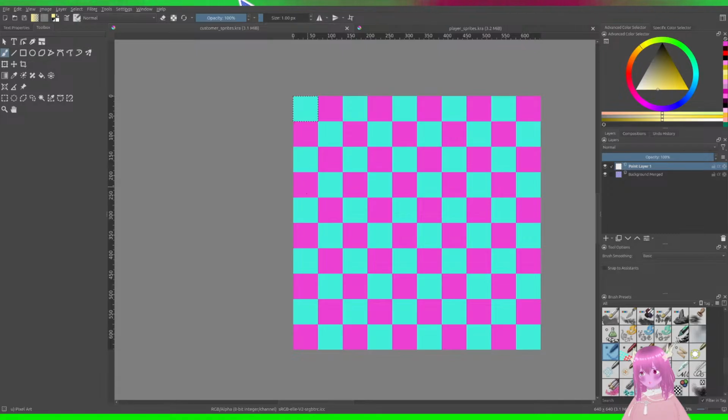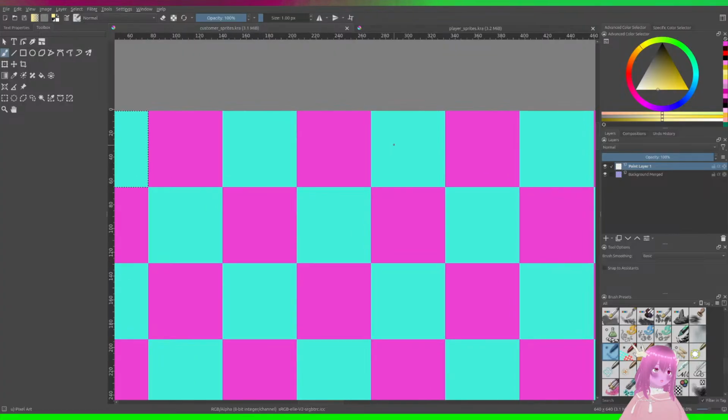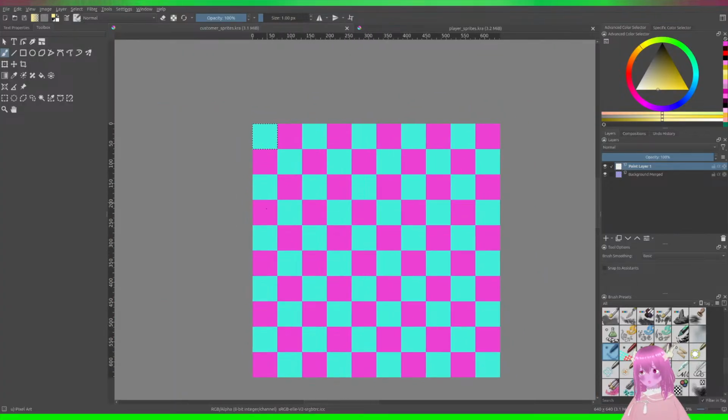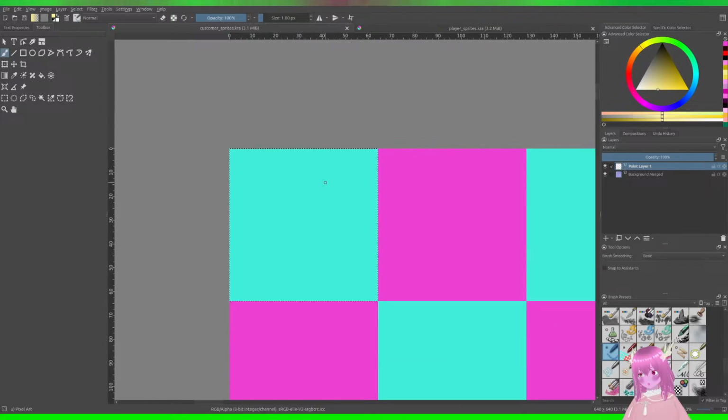So we're gonna have 1, 2, 3, 4. So this is gonna be the baseline at the top. And then these are gonna be the different classes. Including peasants. So 1, 2, 3, 4, 5, 6, 7, 8. Yep. Okay.